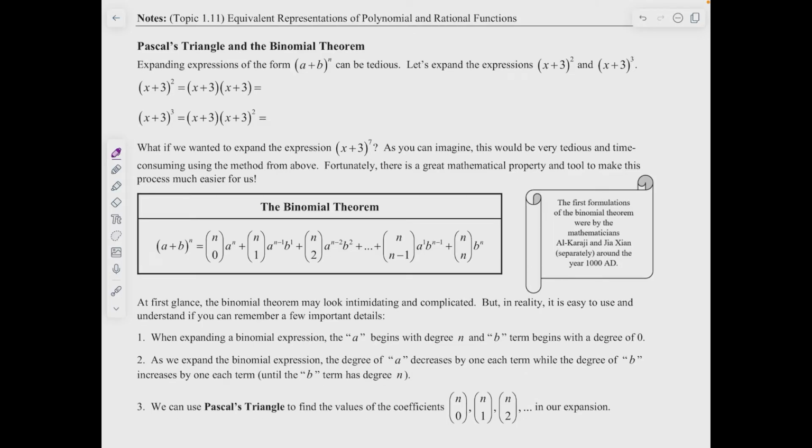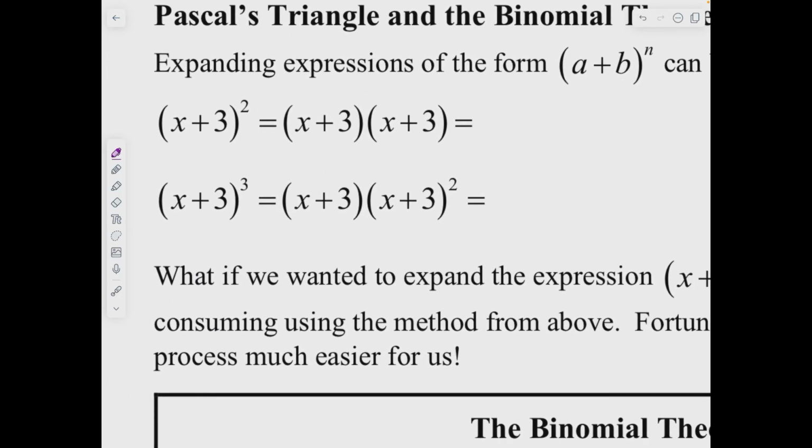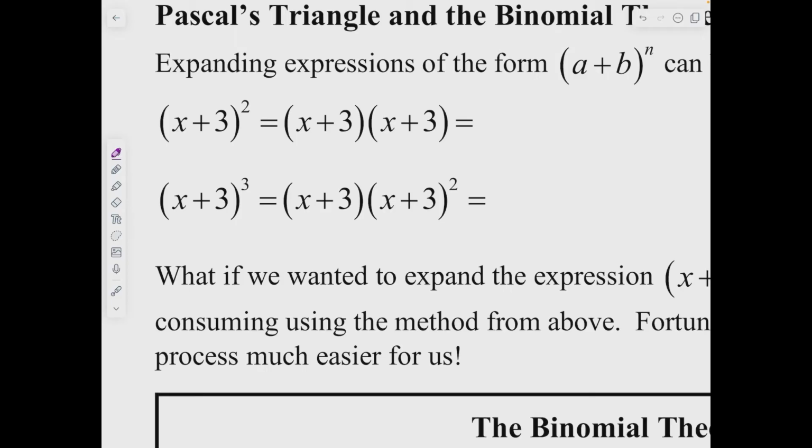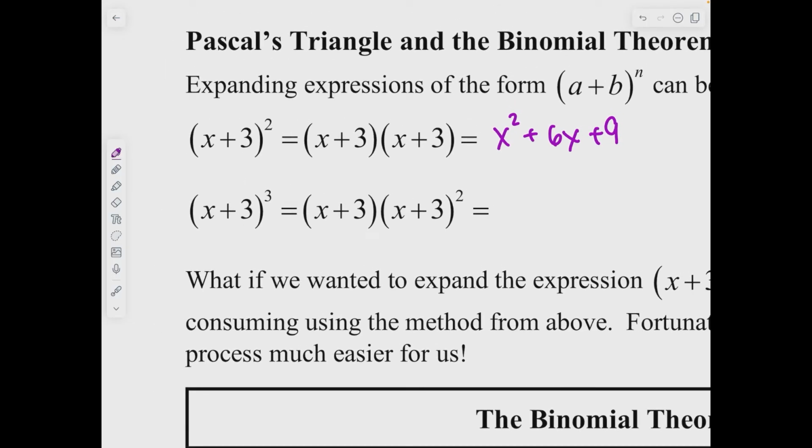So for Pascal's triangle, we're going to be talking about expanding binomials. If we take a look at our first example, if I wanted to expand (x + 3) squared, that's just going to be x squared plus 6x plus 9. If I wanted to do (x + 3) cubed,